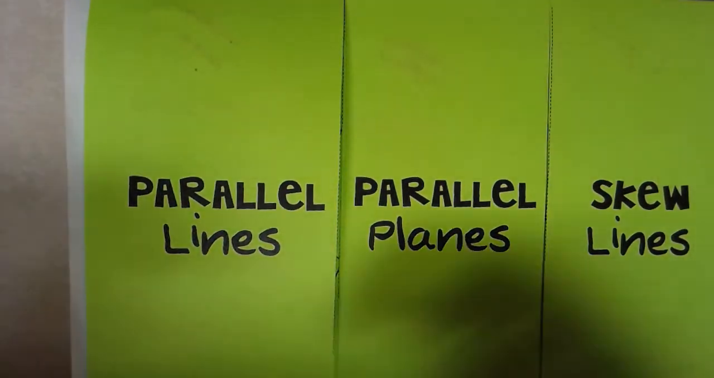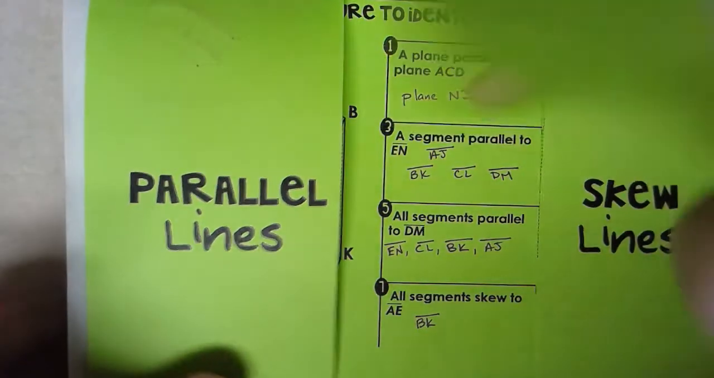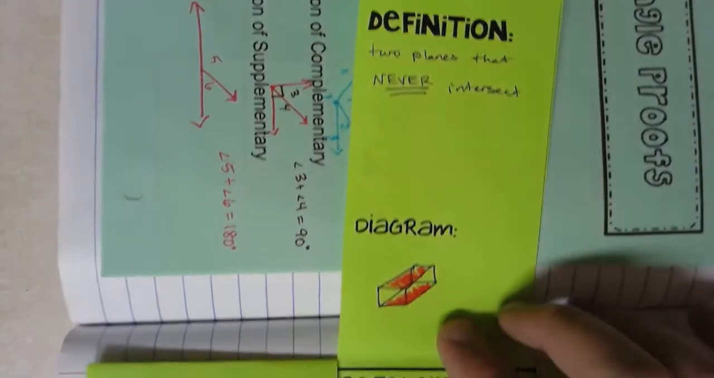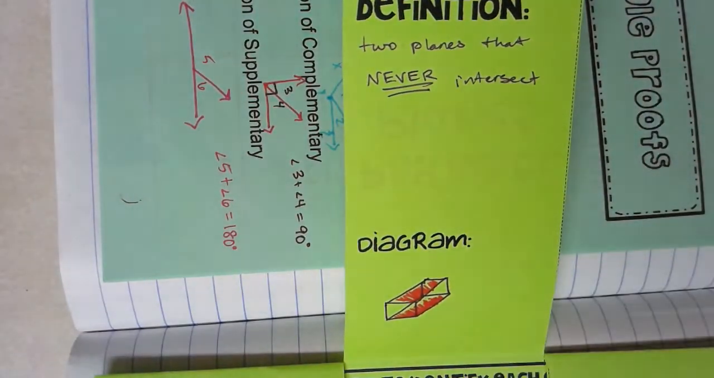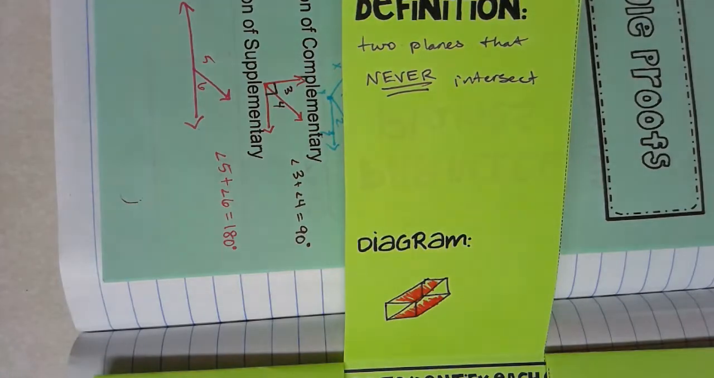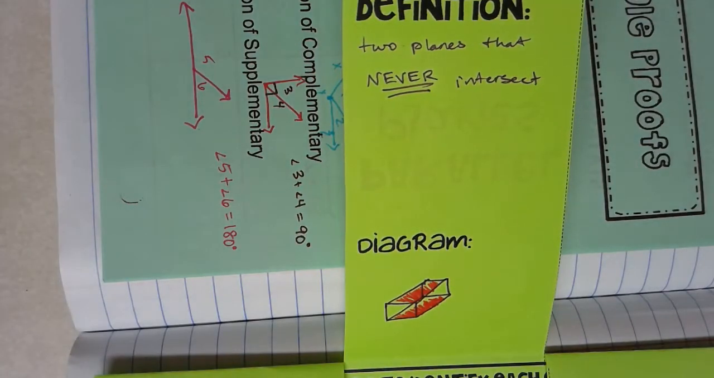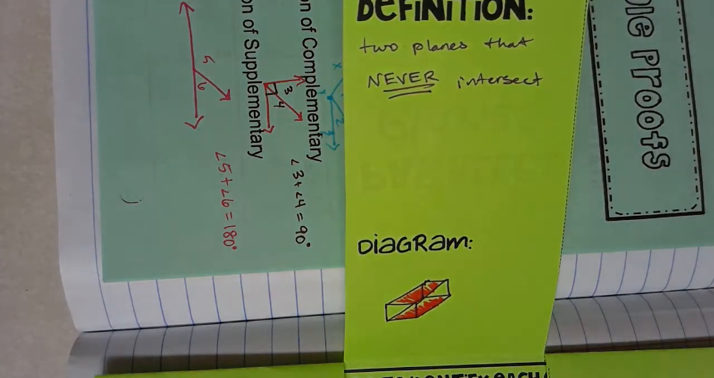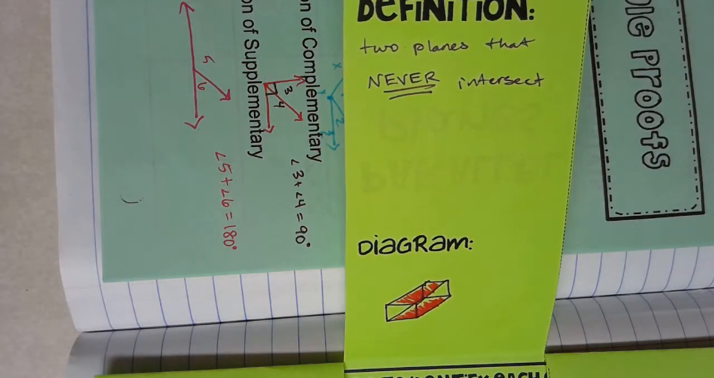Next up is parallel planes. Okay, so parallel planes, similar to parallel lines. Parallel planes will be two planes that will never intersect. Okay, so again, two planes that go on and on forever and ever. Okay, so we already know that a plane is just an object that can stretch forever and ever in all